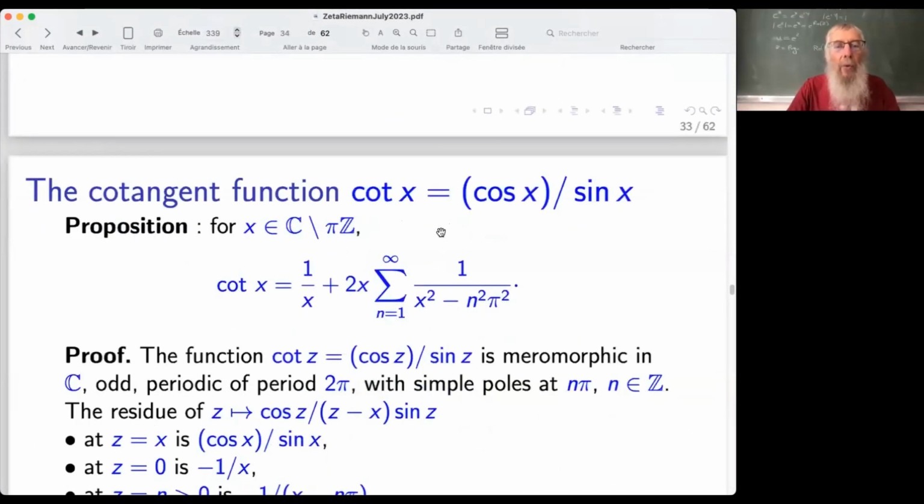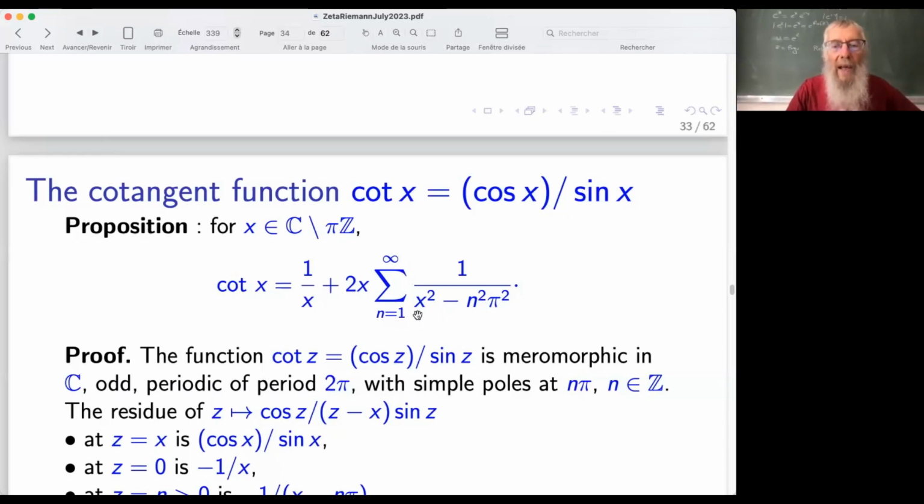For that, we start with the cotangent function, which is cosine x divided by sine x. I will first prove an expansion of the cotangent of x when x is a complex number which is not a multiple of pi, so that sine x is not 0. And the expansion which is valid is the following. The cotangent of x is 1 over x plus 2x times the sum from n equal 1 up to infinity